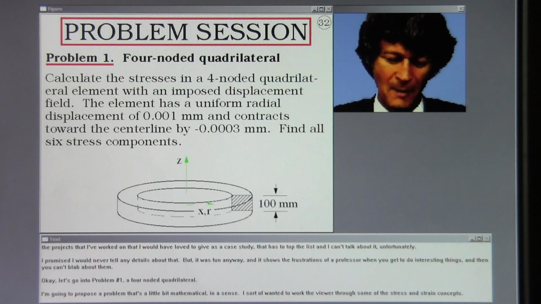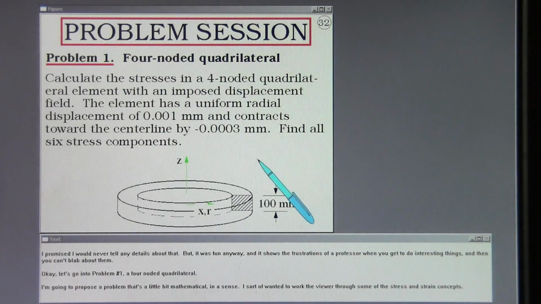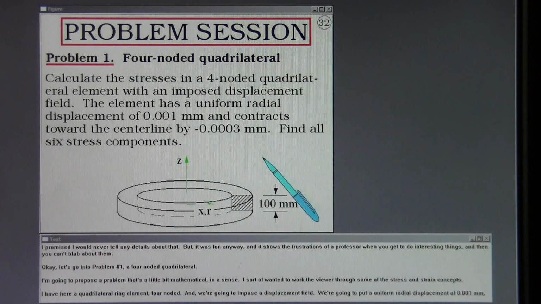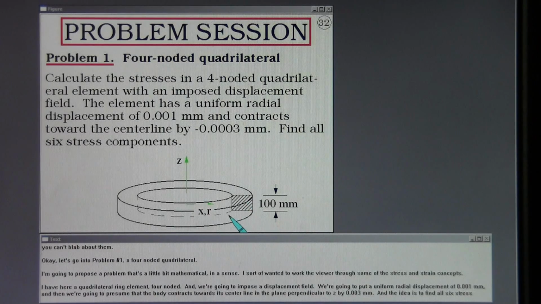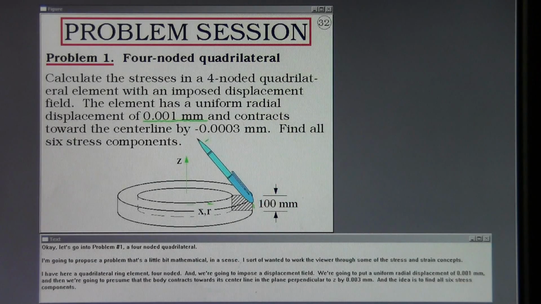Okay, let's go into problem number 1, 4-noded quadrilateral. I'm going to propose a problem that's a little bit mathematical in a sense. I sort of wanted to work the viewer through some of the stress and strain concepts. I have here a quadrilateral ring element, 4-noded, and we're going to impose a displacement field. We're going to put a uniform radial displacement of 0.001 millimeters, and then we're going to presume that the body contracts towards its center line in the plane perpendicular to Z by 0.003